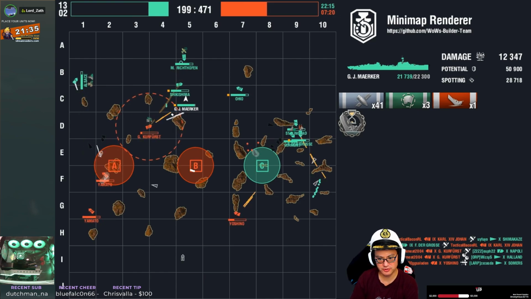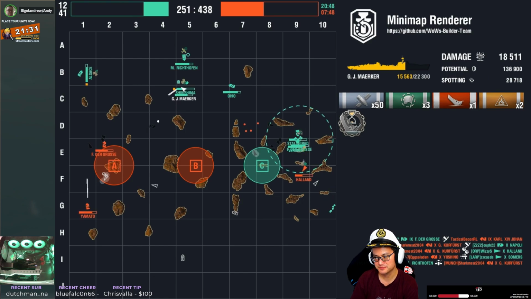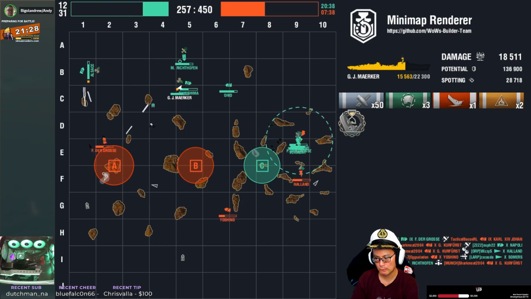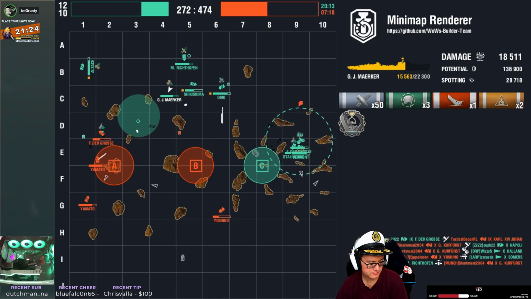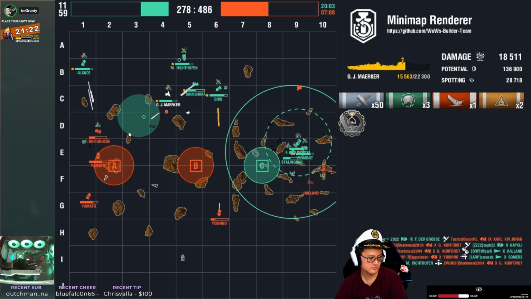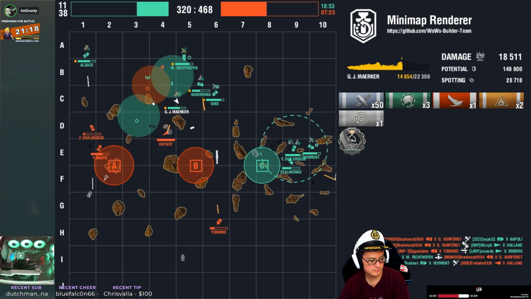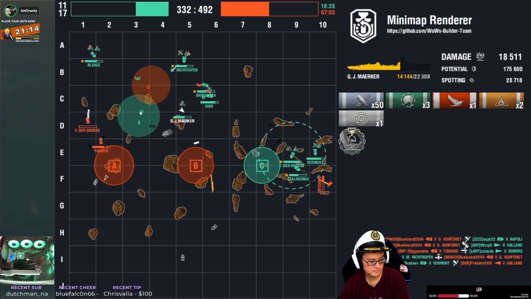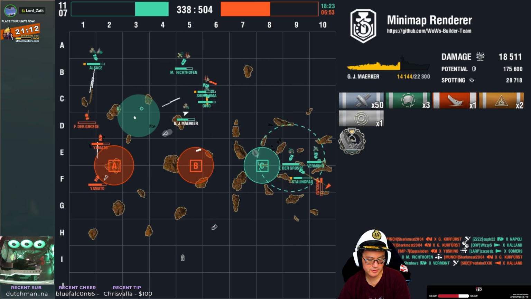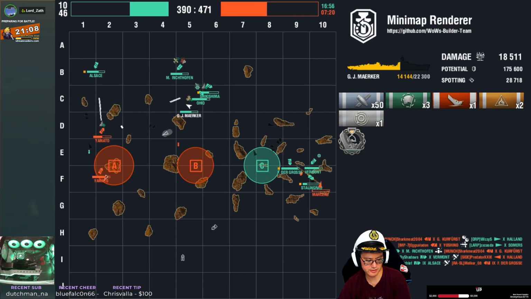The Benson absolutely could have done more, but I think something took a lot of his health off. I'm thinking it was the Holland. So what worked, I think your CV did a little bit of a better job of spotting destroyers than their CV did, and that might have caused the hit points loss on the Benson. What worked in this game for you, Big O, and like I said, I don't want to discount this game,